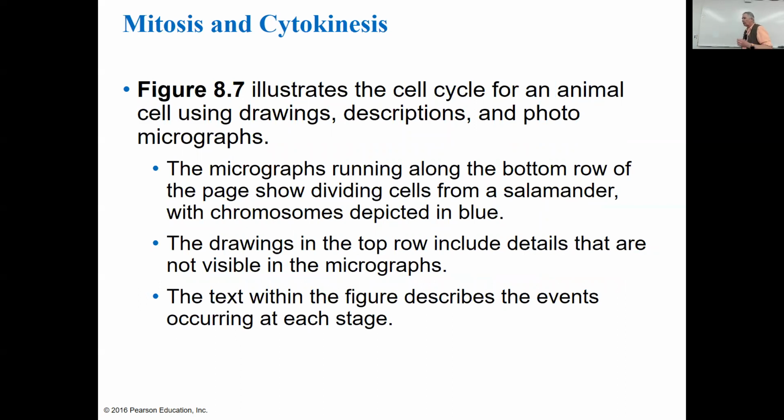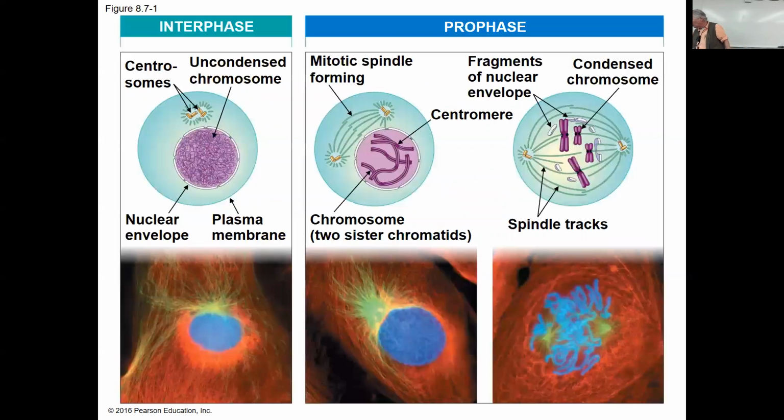Okay, so figure 8.7 illustrates the cell cycle for an animal cell using drawings, descriptions, and micrographs. Micrographs are on the bottom row. The page shows dividing cells from a salamander. Drawings in the top row include details that are not visible in micrographs. The text within the figure describes the event occurring in each stage. So,